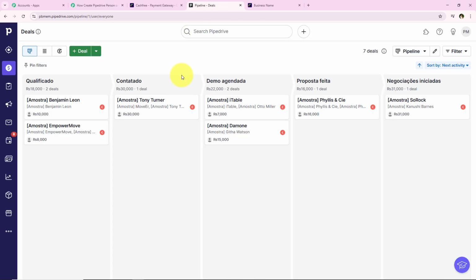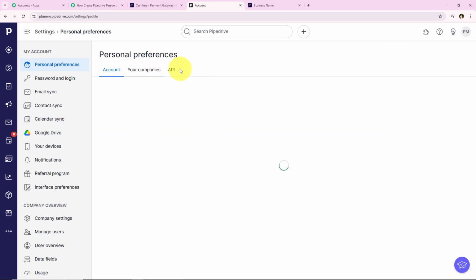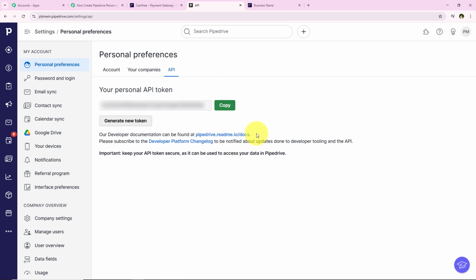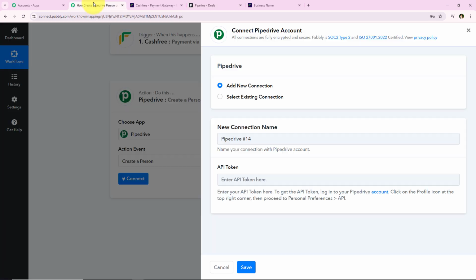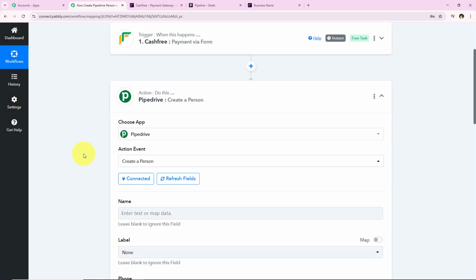I'm just going to open my Pipedrive account. Now over here we have to click on this top right corner and then personal preferences. And now from here we have to go towards this API section. And over here you can see that this is my API token. So I'm just going to copy this API token and then we're going to paste it right over here in our workflow. Alright, so now after pasting this API token, we just have to click on this save. And as soon as we click on this save, yes, you can see that we have successfully connected